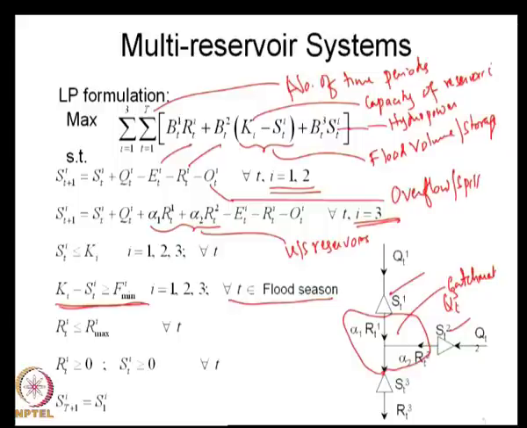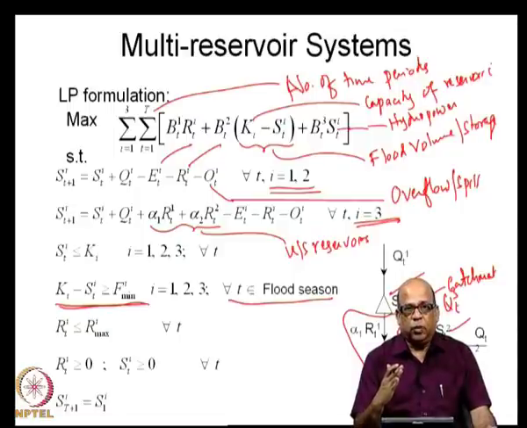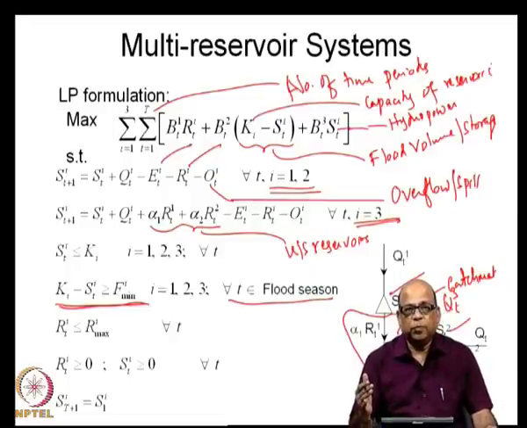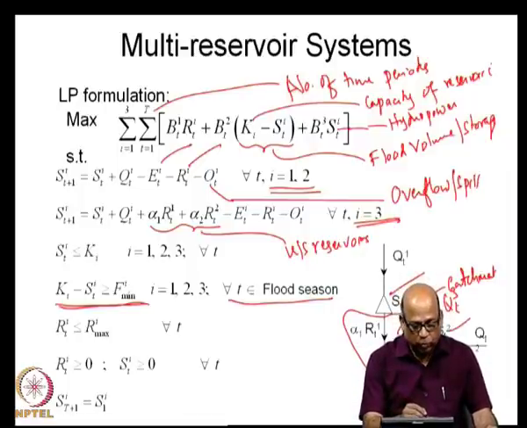Let us say that you are talking about a monthly operation in a monsoon country like ours, and you may have periods such as August, September, October as flood periods. So, you may specify this minimum flood storage only for those periods, and for all the remaining periods you would like to have the storage as high as possible, because the storage has benefits associated with the hydropower generation as well as for water supply, and therefore, you may want to have as high a storage as possible. So, you may put these minimum conditions only for the flood season, and for all the remaining seasons you may put this as 0.